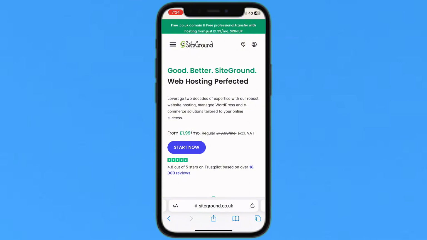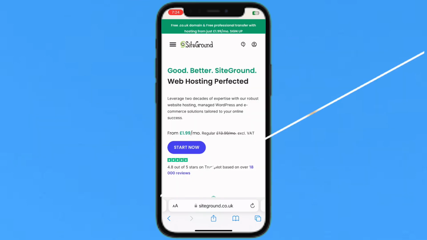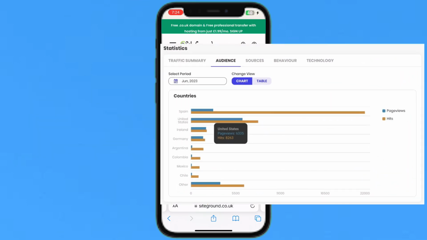After creating your account, you will sign in. To use the statistics to your best advantage and get meaningful insights from them, it is vital that you track the performance of your campaigns separately. You can draw that detail from the conversion report. The analysis periods are monthly, and the information is updated with a frequency much higher than that of Google Analytics, which can take up to 24 hours to consolidate, and it's data you can see on this